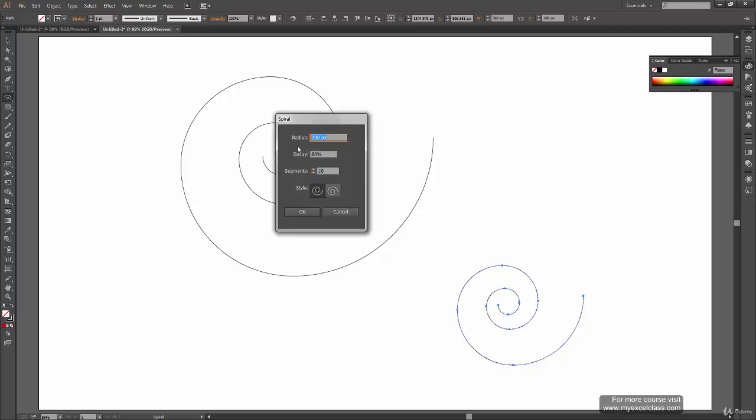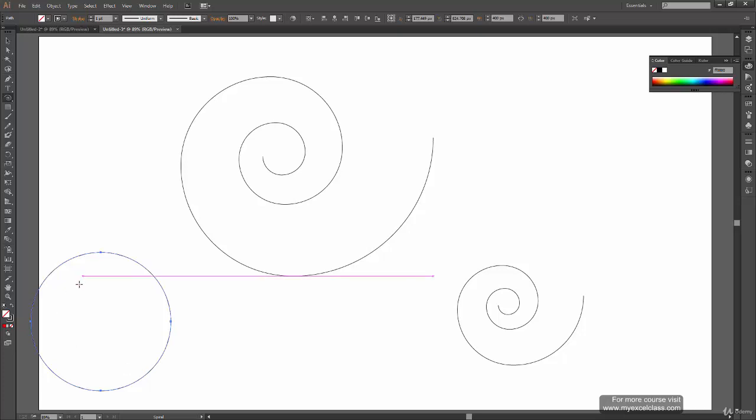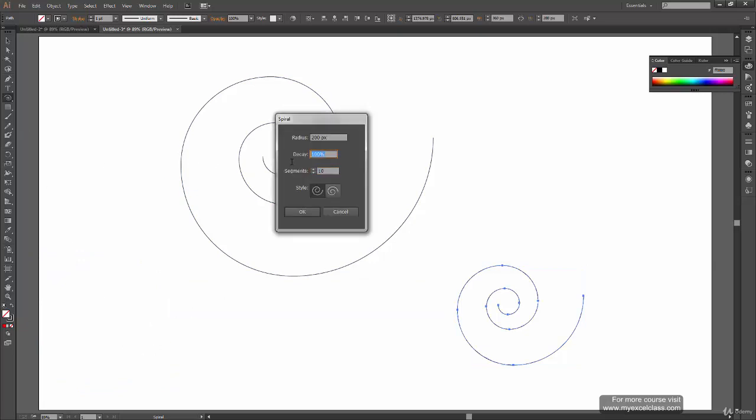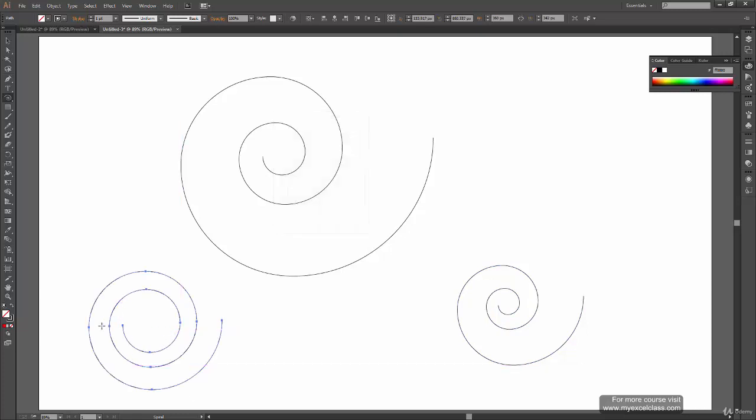But this time instead of changing the radius, we'll change the decay. So decay is 80% right now. Let's make it 100%, and you can see we have a perfect circle over here. So I think we have to take a value somewhere between 80 to 100. It should be 90. Okay, so you can see how this thing is working now.